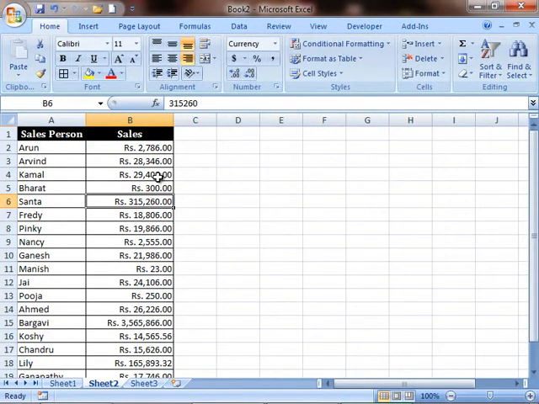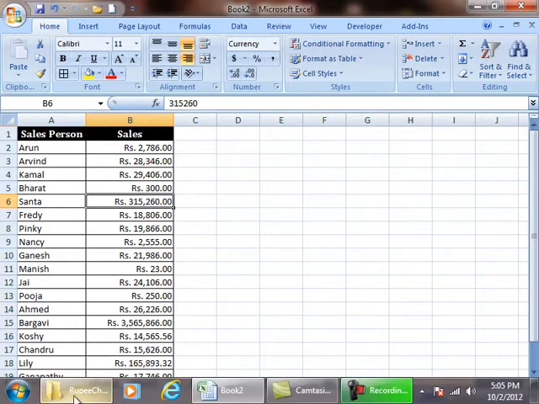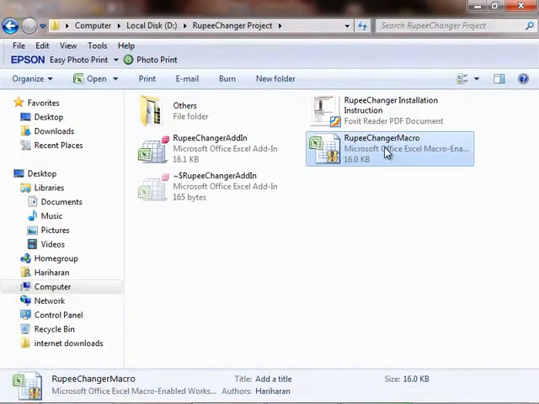Nothing is going to happen in our data because we just completed 50% of our process. The next step in this installation is going to be including the macros into our Excel. So I'm going to go ahead and open my macro file, which is the RupeeChanger macro. I'm going to open it up,